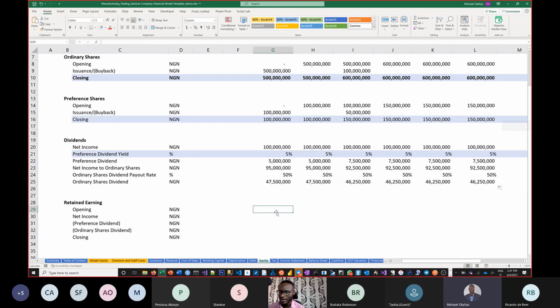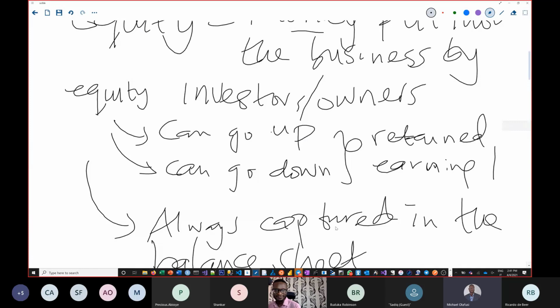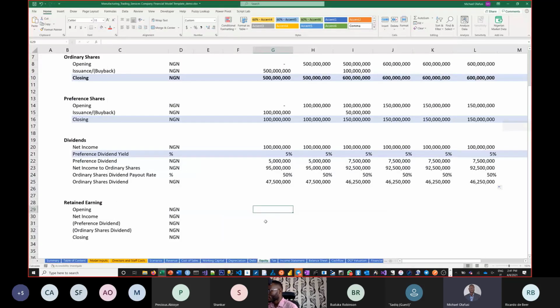and voila, done, right? So now, remember what I told us. I said that what makes the equity go up or down is retained earnings, right? So now we have come to that. So retained earning, when you start a business, you will not have any retained earnings, so zero. Then whatever profit you made at the end of the year, your net income, right? Then when you minus what you had to pay for the preference guys, and you take out also what you had to pay to the ordinary share guys as dividend, then you'll be left with